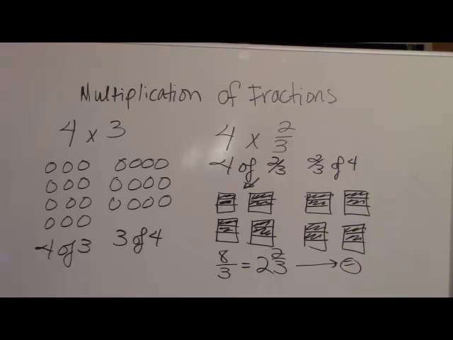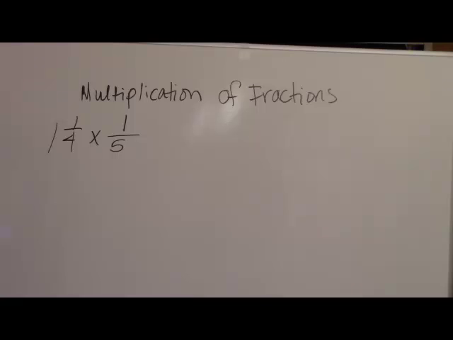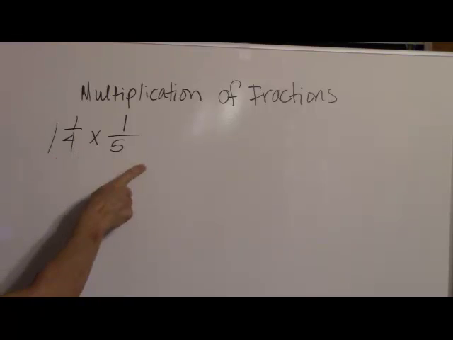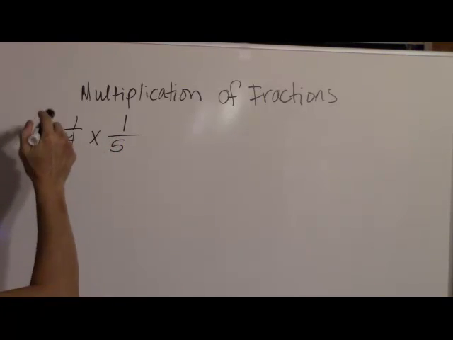So that's what you get when you multiply fractions, and this is when you're multiplying a whole number by a fraction. What I'll do next is do a fraction by a fraction. Okay, so this is an example of 2 fractions being multiplied. Let's say we have 1 1/4 times 1/5. Well, this is the same. Remember back to our example, if we had 3 times 4, we have 3 sets of 4. 1 1/4 times 1/5 is saying that you want to multiply